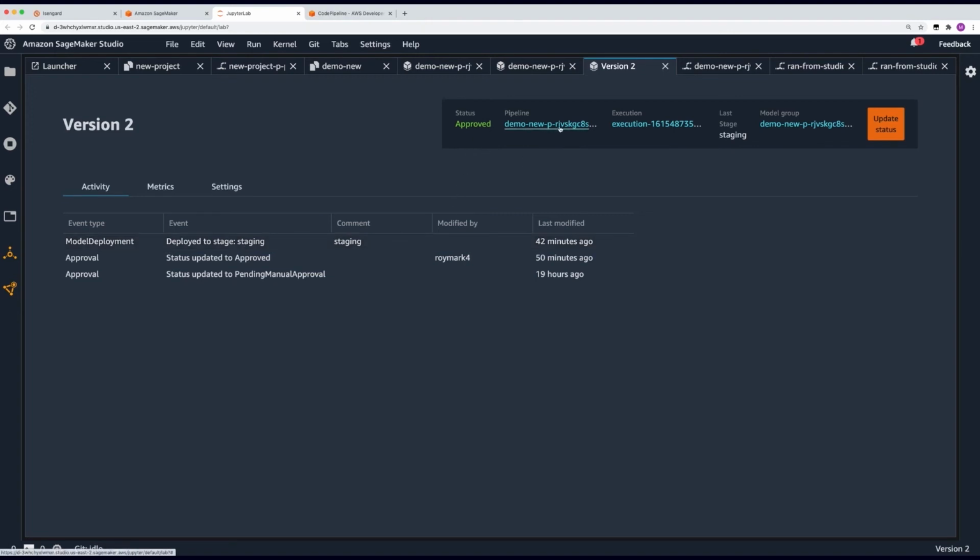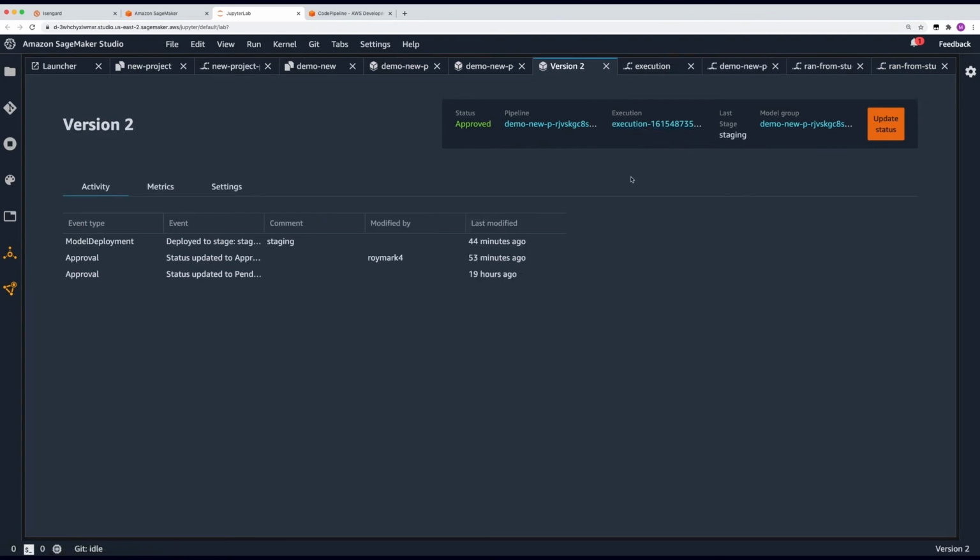You can easily access the pipeline itself and the actual execution details that led to creating version 2 of this model. So not only can you now reproduce the models reliably, but you have a complete tracing of all the artifacts and the steps along the way. So no more mysteries about how this model was created. And let's say a data scientist moves on to some other project. There's no scrambling to find a way to rebuild the model.